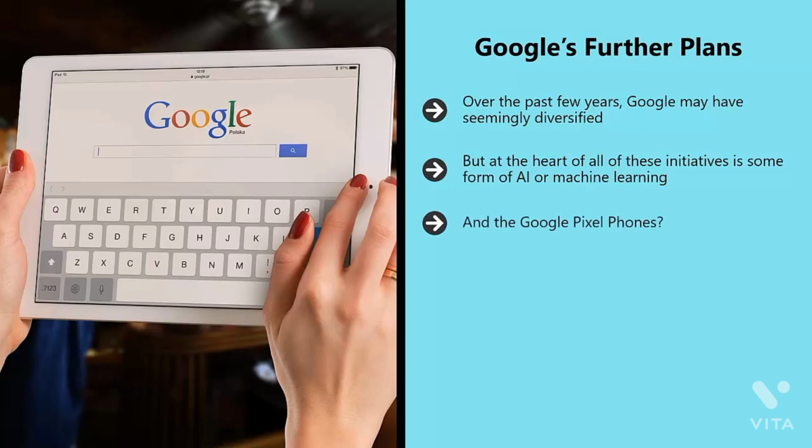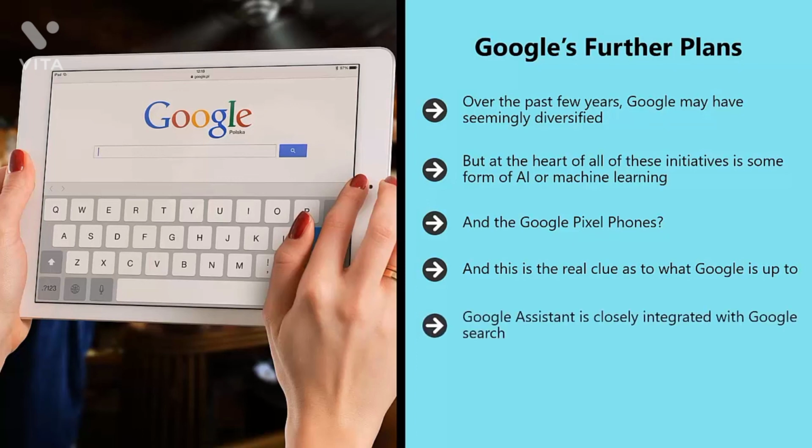And the Google Pixel phones? Arguably, their main focus is putting Google Assistant in everyone's pockets. And this is the real clue as to what Google is up to. Google Assistant is an AI and virtual assistant that users can use to get weather reports, to book taxis, to play music, and much more. Google Assistant uses a combination of machine learning to detect human language, for example, and AI in order to provide useful results and speak in a natural manner.